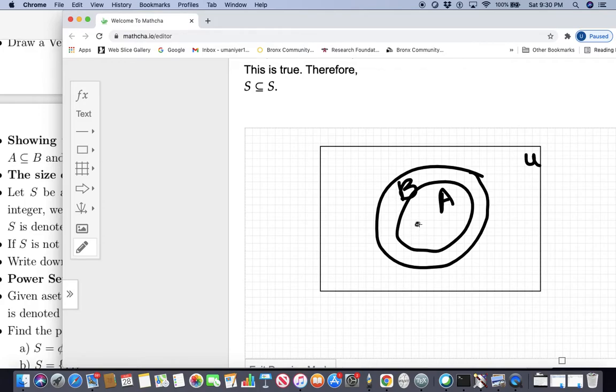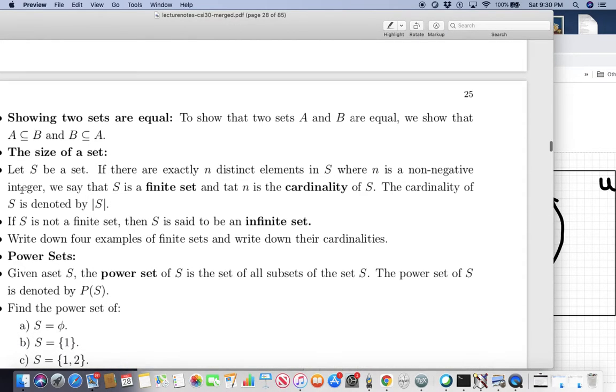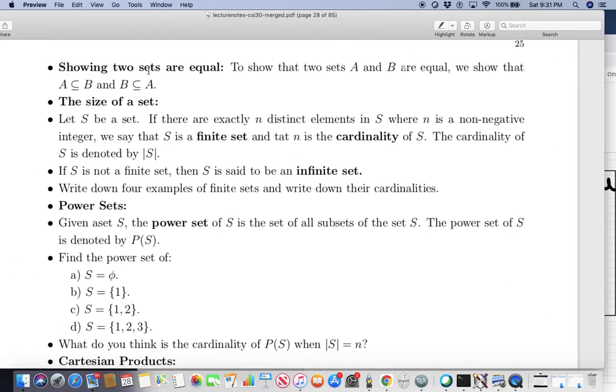So suppose my set A contains two elements, and the set B contains three elements, 1, 2, and an element outside. So now capital A is a proper subset of B. So here is a Venn diagram that we like, showing two sets